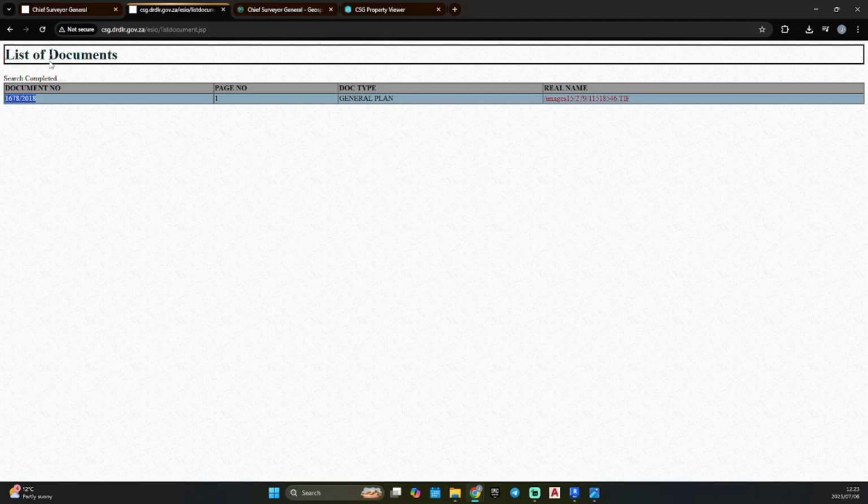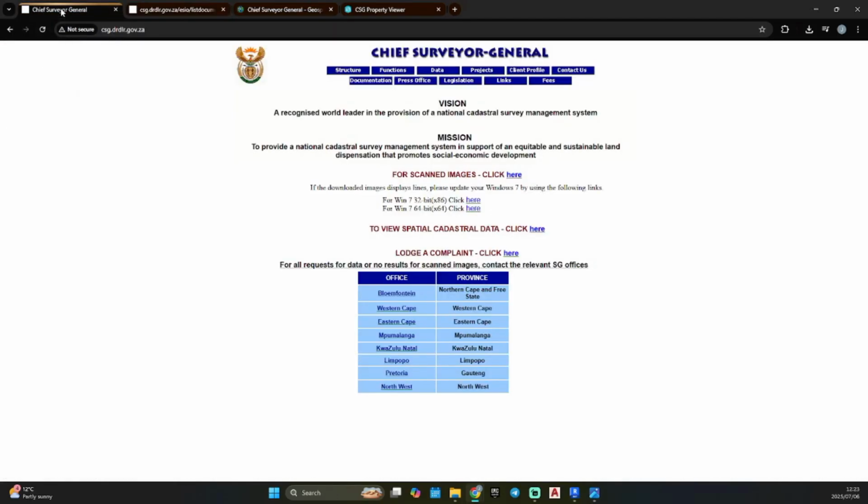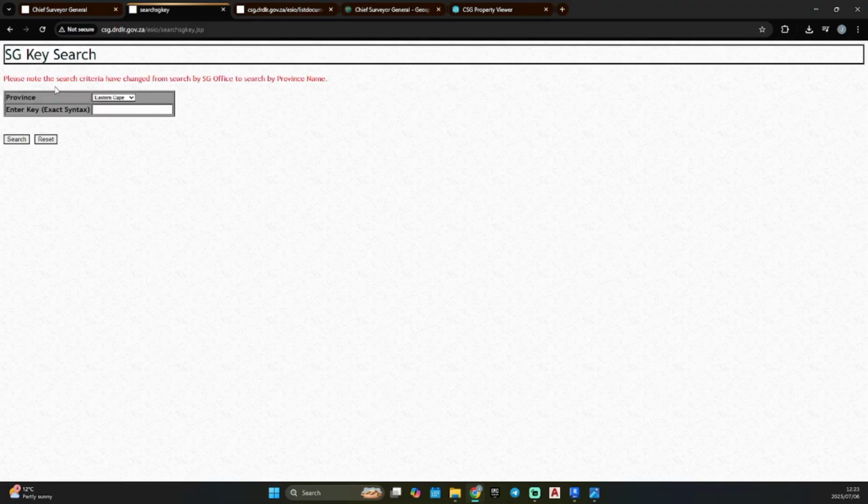So to search it this way, we'll go back to our first page. Then we'll click scan images again. Then we'll go search on document number.